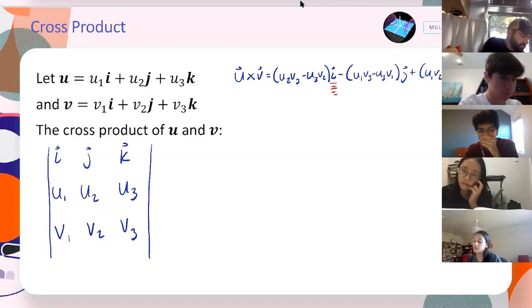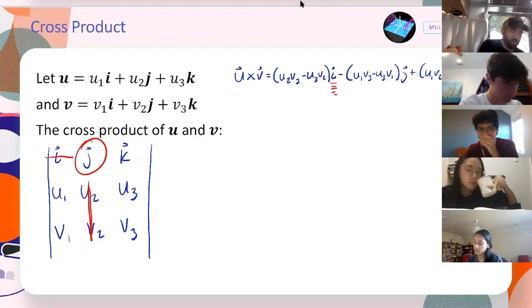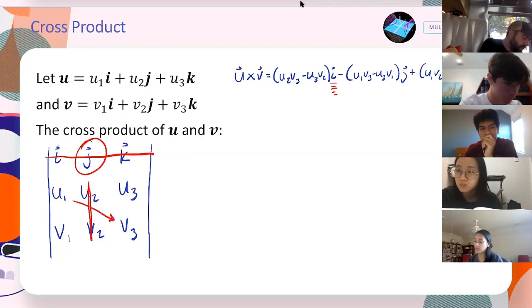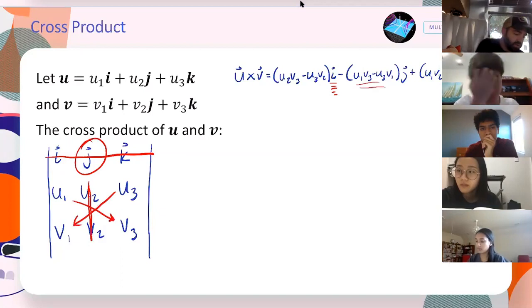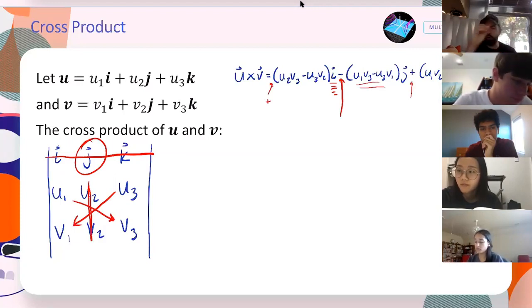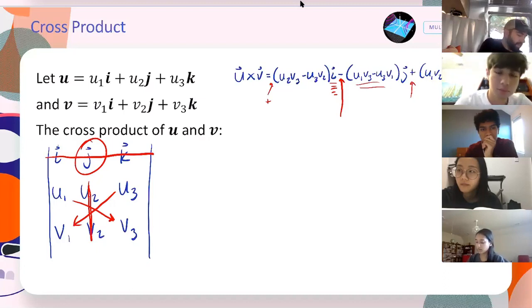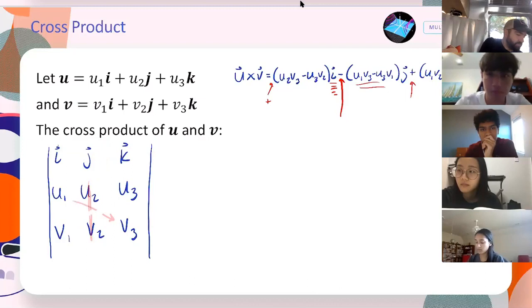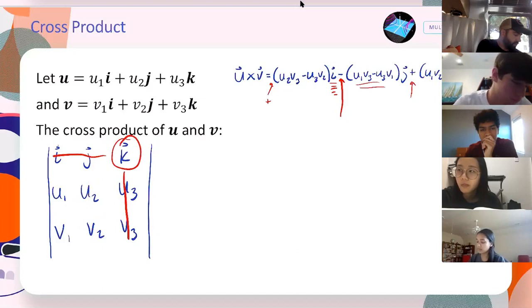And then you move over, and for j, we would ignore the stuff in the same row and column as j and do the same thing. And notice I have U1 V3 and U3 V1 are my little components that make up the j. Also notice it alternates signs. So this one's positive, negative, positive. As we go across, the signs change each time. And then for that last piece, the k component, we ignore the stuff in the same row and column, and then we'll have U1 V2